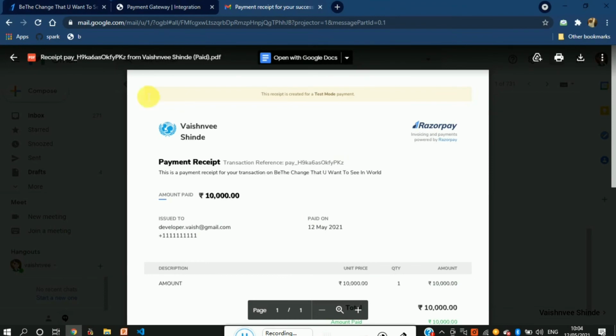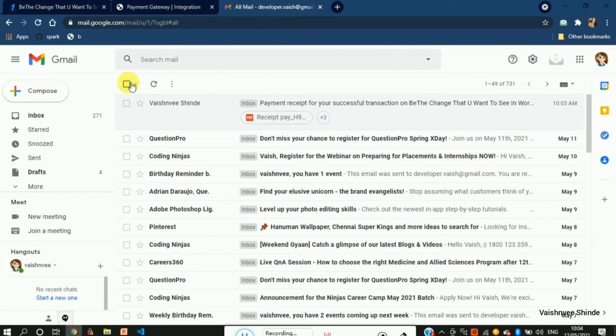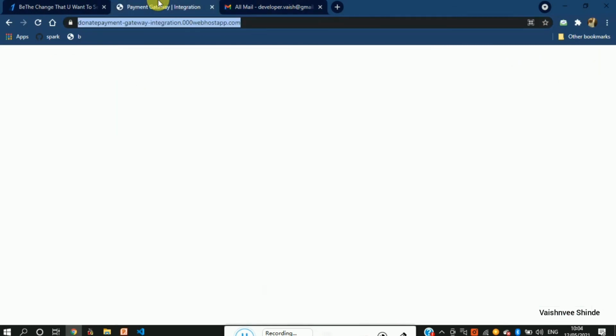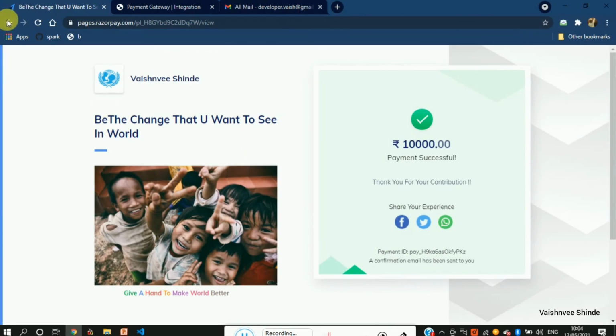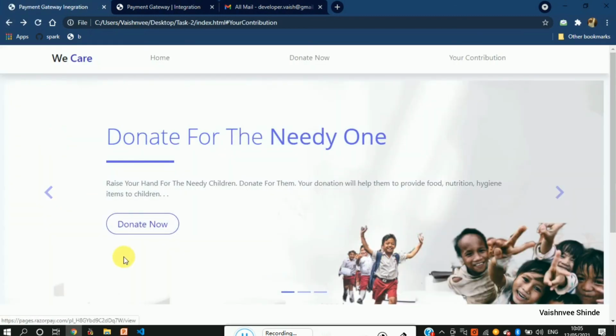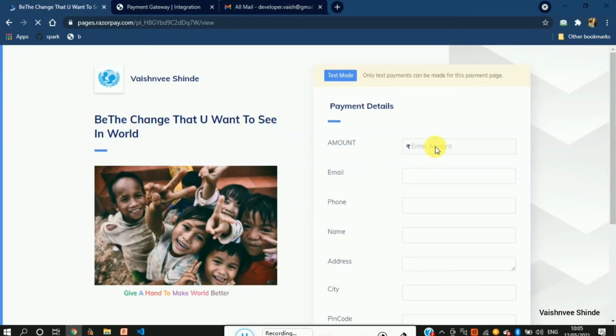In this way, Razorpay works in the payment gateway integration. If you want to perform a transaction, you can also use the above link to check whether all the things are working fine or not. Using this link you can see the website and perform the transaction. Again, I will perform one more transaction for the failure to see whether it's working fine or not. Whenever the website is loaded, I will click again; the same process you have to perform.